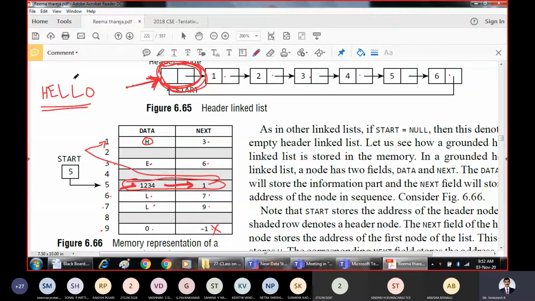Once we fetch the information from the CR, it is like getting information from all the nodes. So one example could be storing metadata related to the data. That is the purpose of the header node. Because instead of traversing all the nodes, if you visit the header node, you will easily come to know what is present in the linked list. So that is the advantage of the header node.